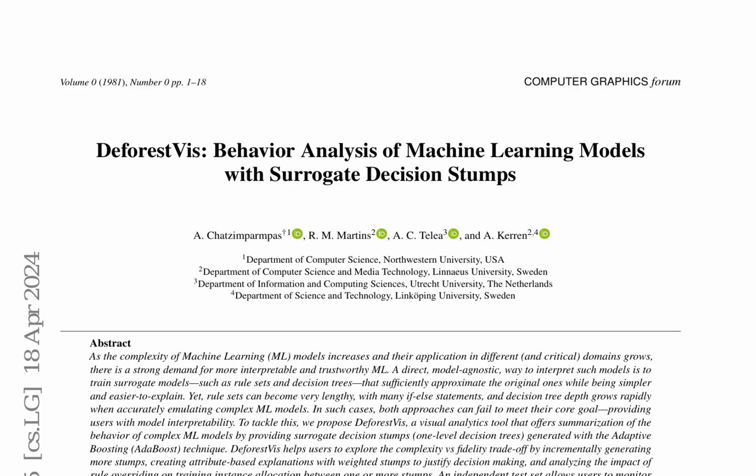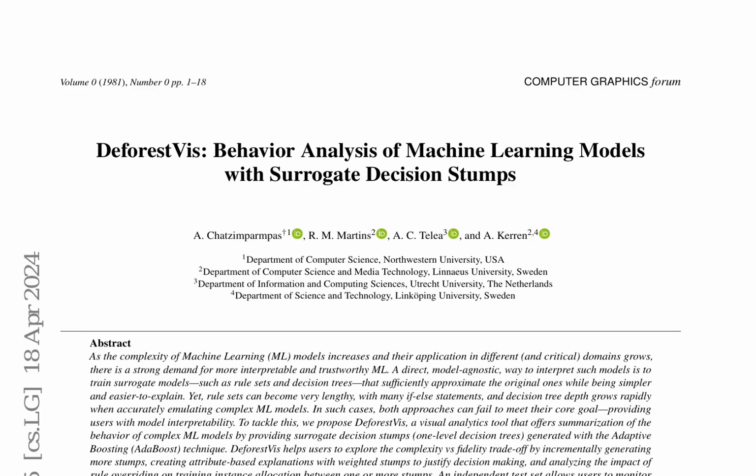The algorithmic steps of the AdaBoost surrogate model used in DeforestVis include training a target model on a dataset for binary classification, creating a surrogate model using AdaBoost, and fitting individual decision stumps based on Gini impurity metrics. The impact of weights is also discussed, highlighting the importance of weighted probabilities and the influence of each stump in